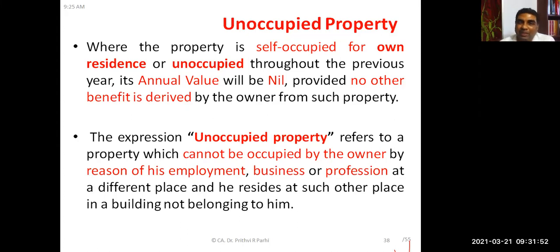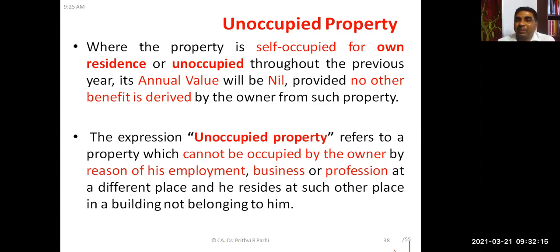And here, unoccupied normally means that no one occupies the property, right? But here it refers to property which could not be occupied by the owner by reason of his employment, business, profession at different places, and he resides at such other places in a building not